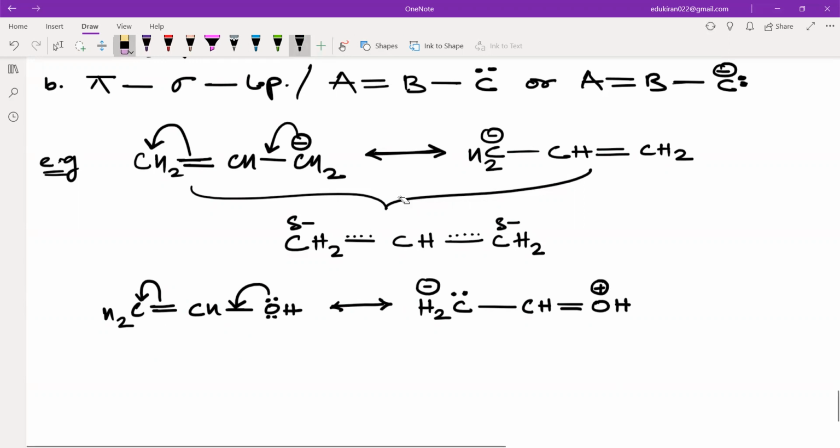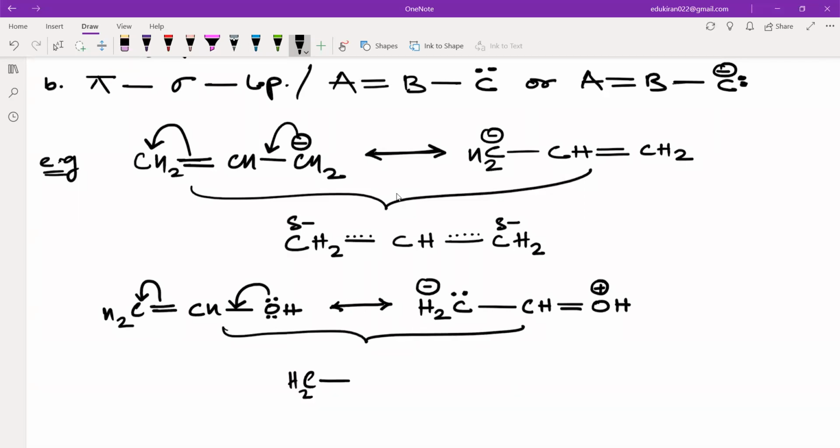now if I want to make a resonance hybrid structure, I will have to use both of these structures, right? First of all, you need to make the skeleton, that is CH2, CH, OH. Now, first of all, you see all the atoms. You see the CH2. Here it does not have any charge. In the second resonating structure, it has a minus charge. That is why this will be delta negative. So sometimes it is having negative charge.